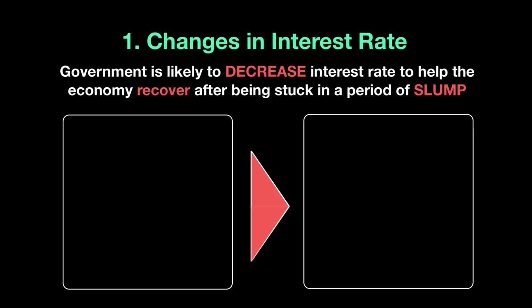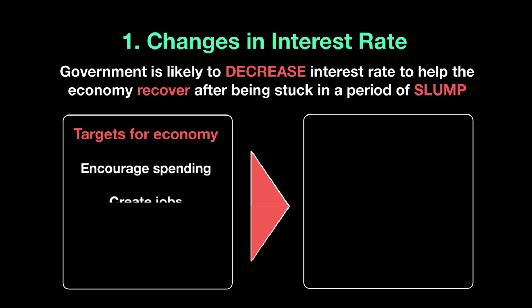Now, of course, the government would be setting itself specific targets to achieve during this time. And how do you get out of the slump and get into recovery? By trying to encourage the amount of spending happening in the economy, both from businesses to set things up and also from the consumers to buy things. When businesses start opening up again, when they start expanding, there's going to be more job creation. When businesses are spending, creating more products, they will also want to venture into export markets to get a higher return on their product. And the government would be setting itself ambitious targets for economic growth.